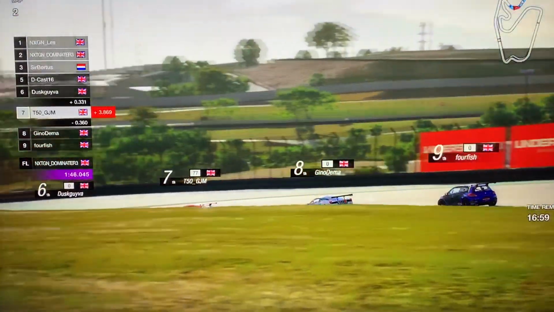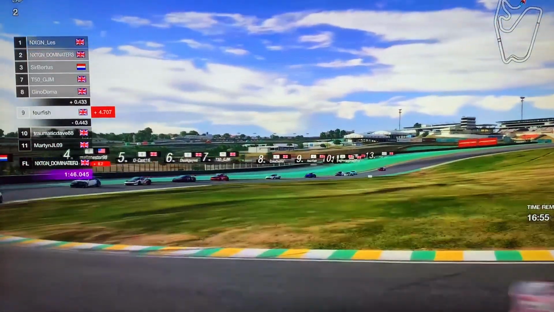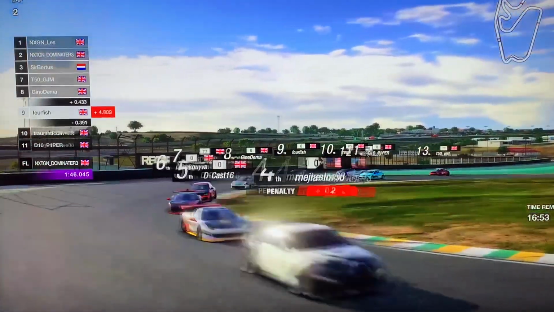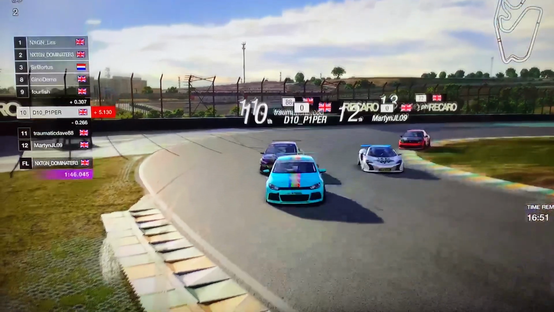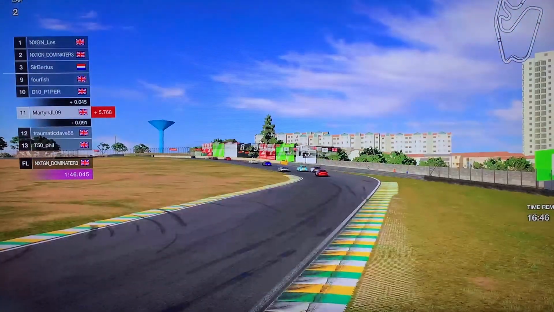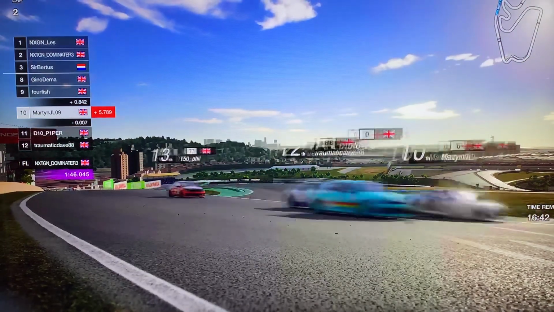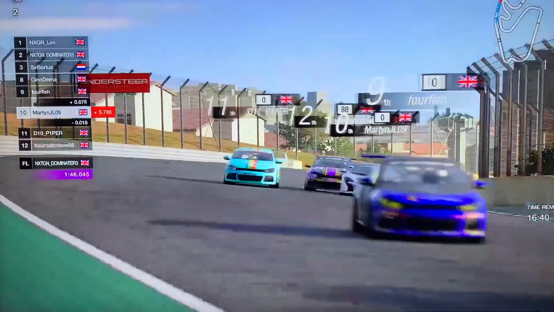It's GJM in P7 and Gino behind in P8. Behind them we've got Fourfish in P9, and Fourfish really having to try and make those hard tyres work so long as D10 Piper goes on the move at the inside into 12, and he went for it and he's got it, but Martin Jalanai is going to benefit by seeing the two Shocos go wide, and as a result he gains 2 for 1 special as they make their way now down towards the timing line once again,